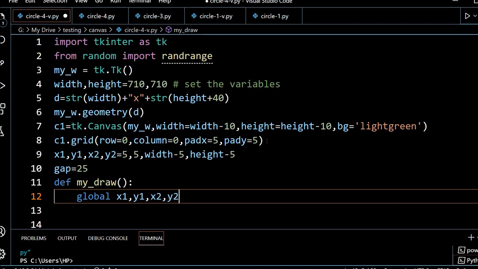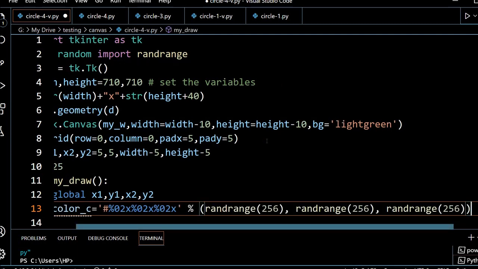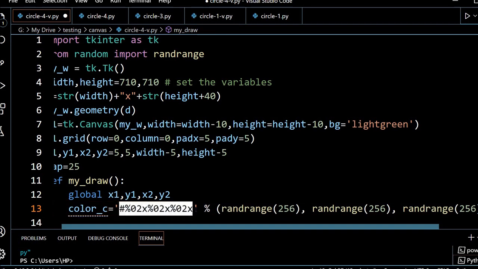One more thing: now we want this to generate random colors. For that purpose I am just pasting it, for fast typing. Here you see this is the hex value of the color. This part converts my RGB value to a hex code.